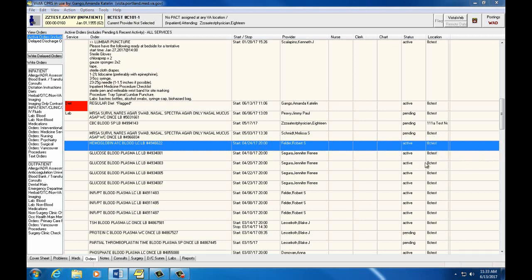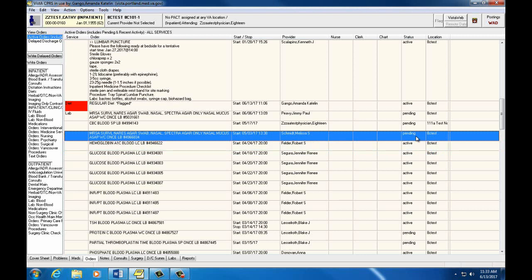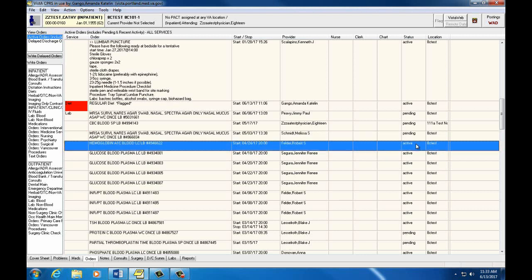Looking at the status column will tell you if the lab was collected and sent to the main lab for result generation, or pending and still needs to be collected. Active means the lab has been collected and verified by a lab staff member, but a result has not yet been generated in the system.